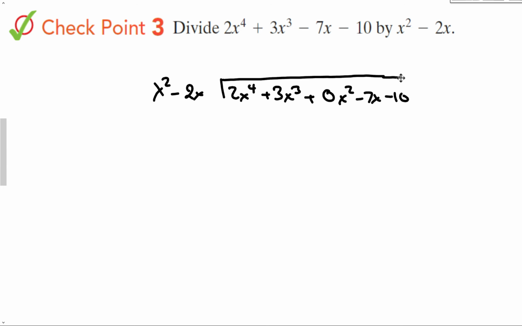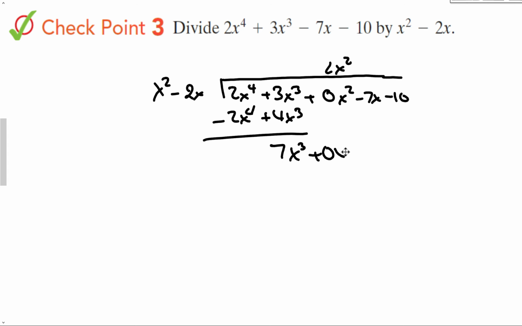Okay, so divide. We're going to get 2x squared. 2x squared times x squared is 2x to the fourth. 2x squared times minus 2x is minus 4x to the third. Subtract, we get 7x to the third plus 0x squared. When I bring that down, that's going to be a plus 7x, which gives me 7x to the third